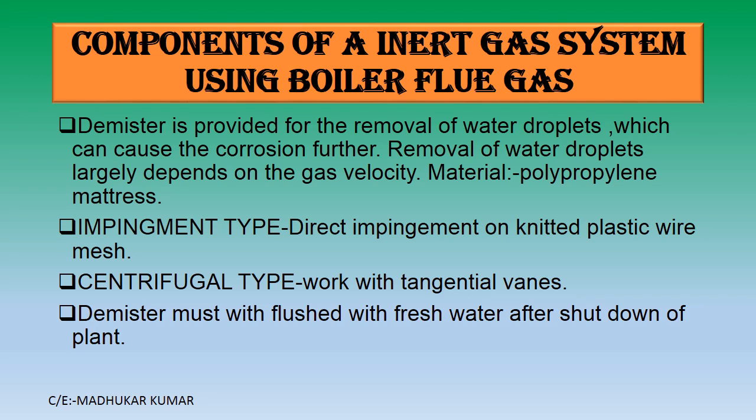droplets will fall down. There are impingement type and centrifugal type demisters, and both are efficient. Direct impingement on knitted plastic wire mesh is provided, and the centrifugal type is also a very efficient type of demister. The demister must be flushed with fresh water after shutdown. This is very important because otherwise it is corrosive in nature and this material will be